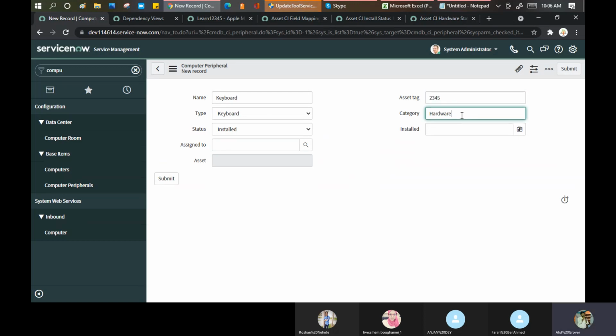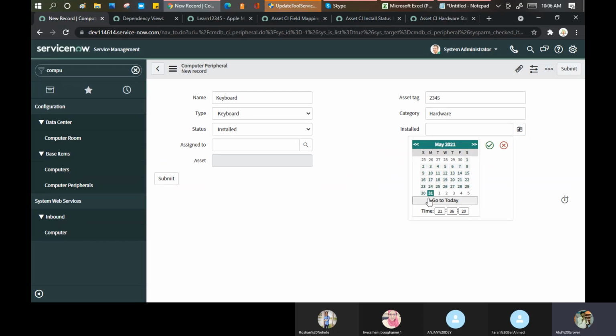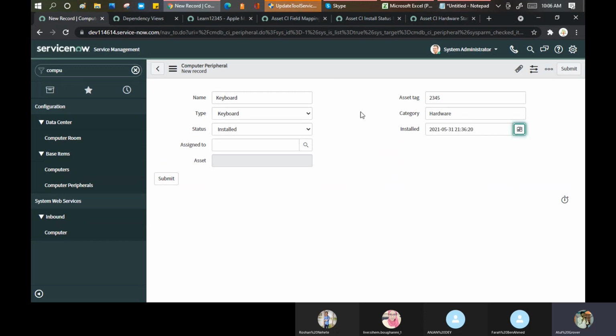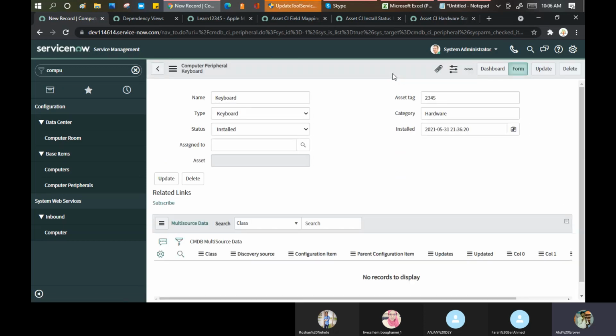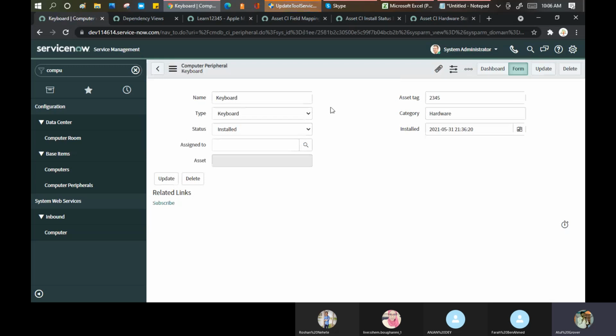The category as hardware, yes. Installed, I'll say today's date. And I click on save here. So my record has been created for the keyboards. Okay. Multiple things are there, multiple fields.